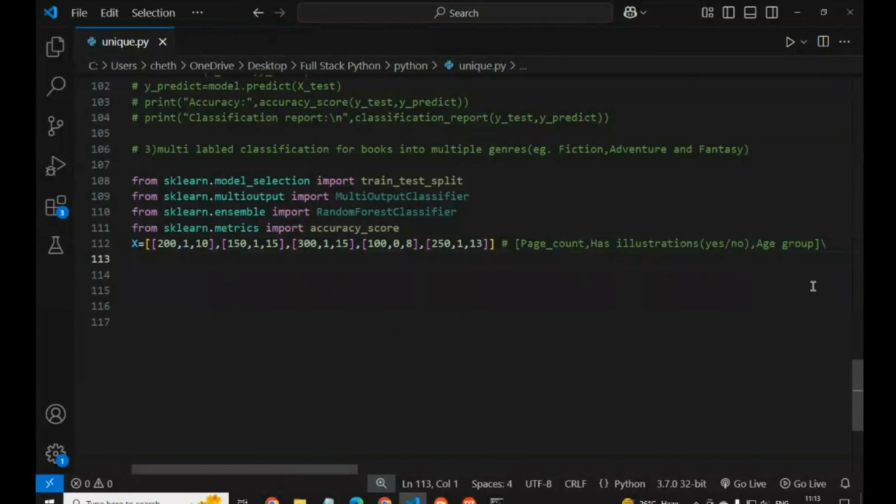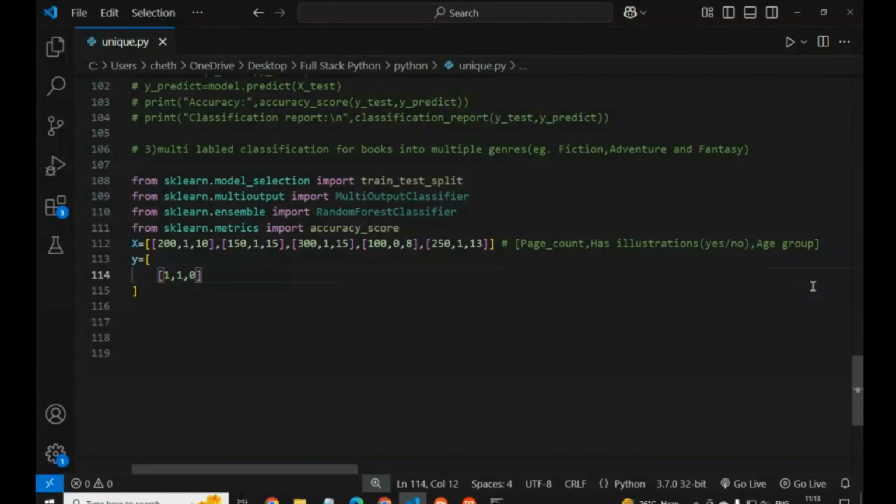So now we have to give the multi-label targets. We take y equals, like that we have to write. Then here we give 1, 1, 0.